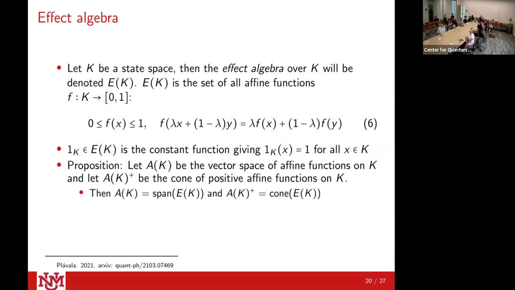So what can we actually do on these states? Essentially, we have functions that act on the states in our state space and give us a value between 0 and 1, inclusive. That is linear, so it's linear with respect to the mixing of the states. Then we also have an important unity function, which for every state in the space gives you 1. Applying the unity function 1_K to any element in the state space K gives you 1. I'm trying to get the mathematical details right. There's not really a better way, sorry.